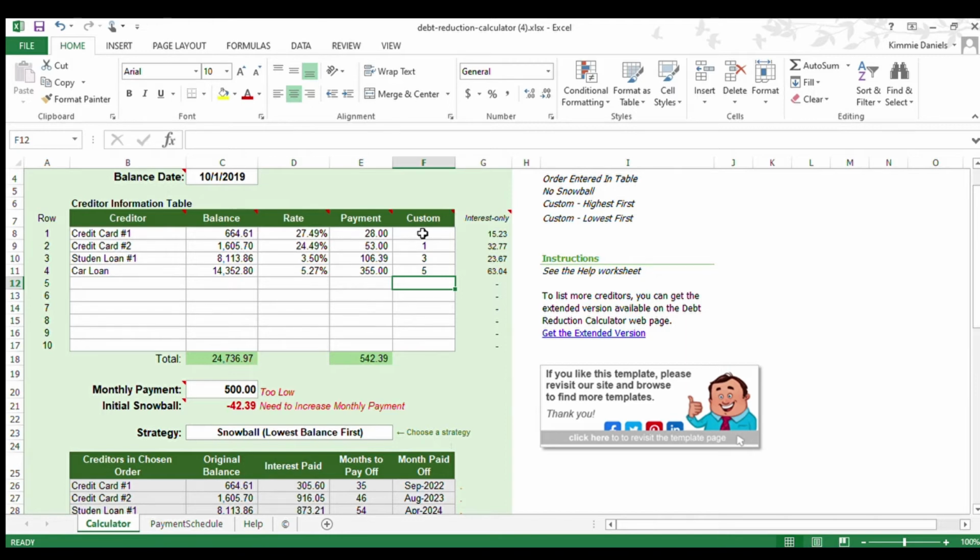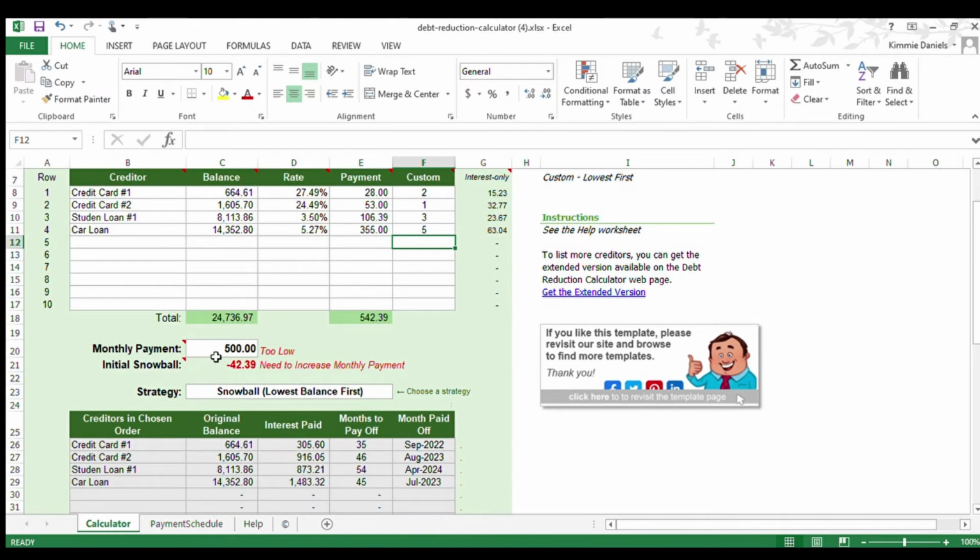So if you were wanting to customize that, you would have to put that one in first, and then if you're wanting to do Debt Snowball or Debt Avalanche, you have to figure out the correct order and then place the numbers accordingly, just because when you put in a medical bill like that, it's not going to calculate it properly, and I'll show you that in the second scenario. But for now, I'm just going to ignore the custom order, and I'm going to go down to the monthly